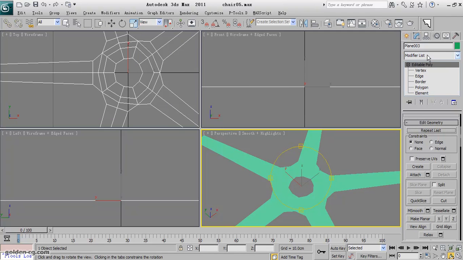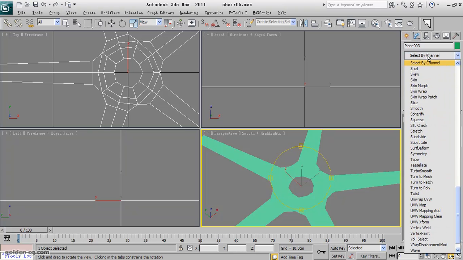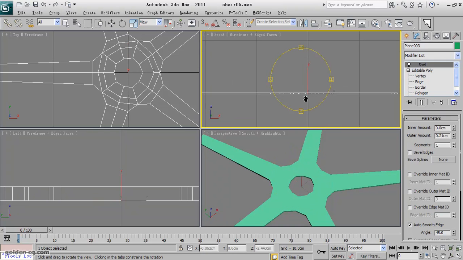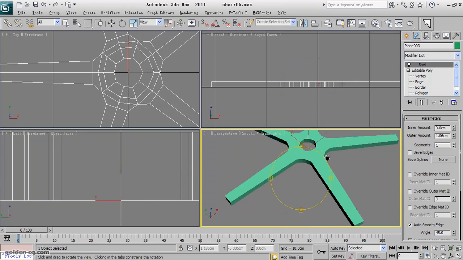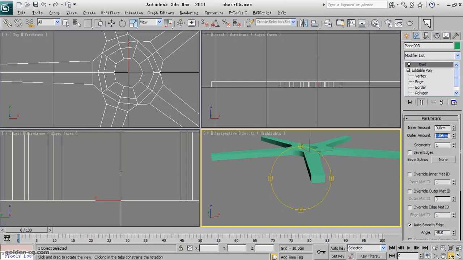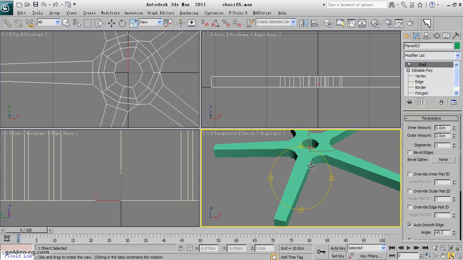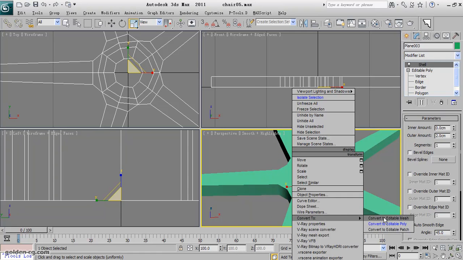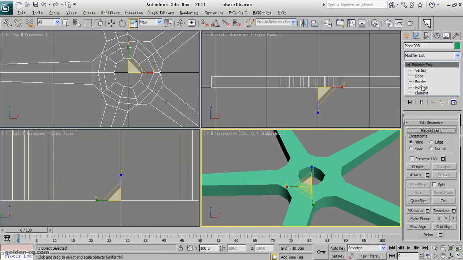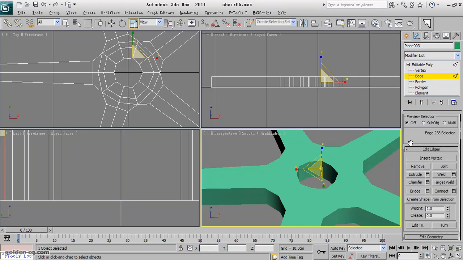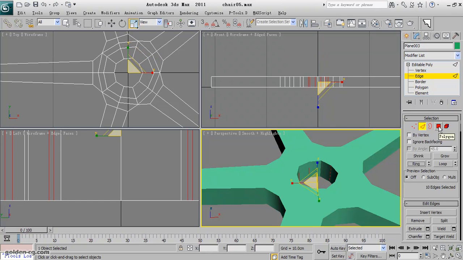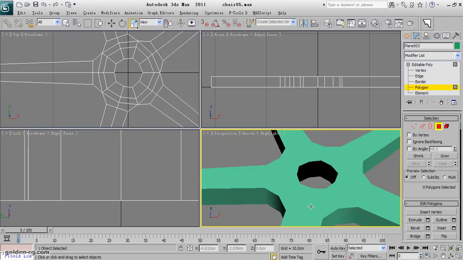So I will apply the shell modifier to give it a dimension, make it high, maybe 2 centimeter. Okay, right click and convert it to editable poly. I will select this edge around and just ring them. Hold on the control and click on the polygon, select them and delete them because I don't need them. Select the border here, outside the border,